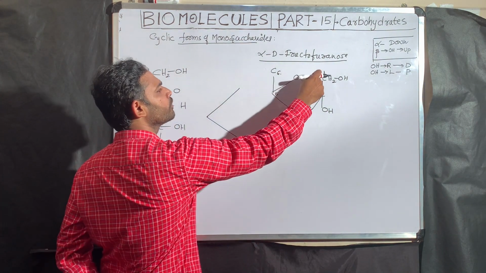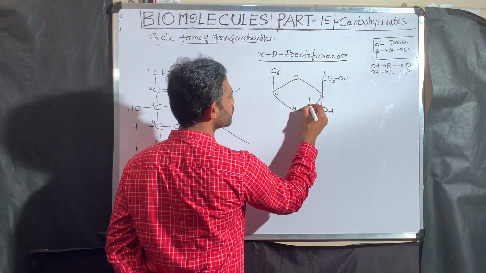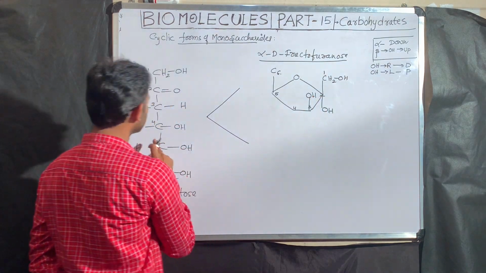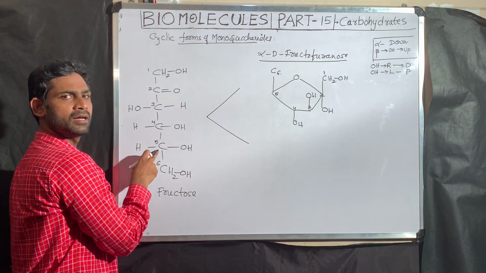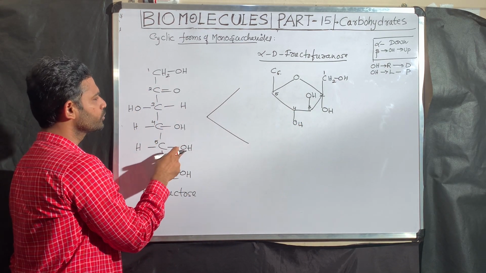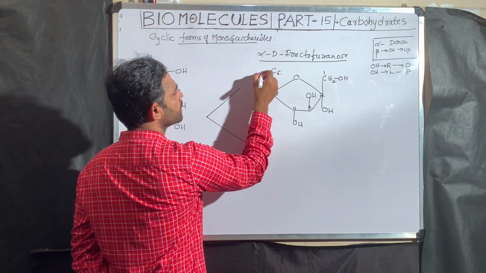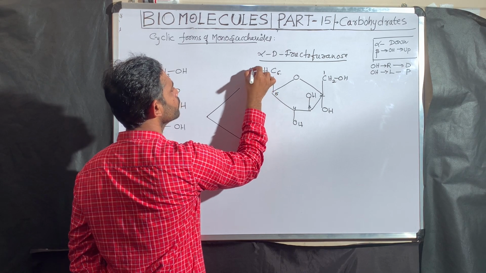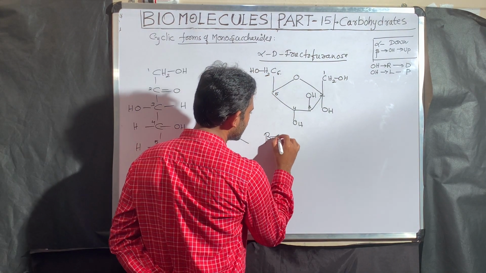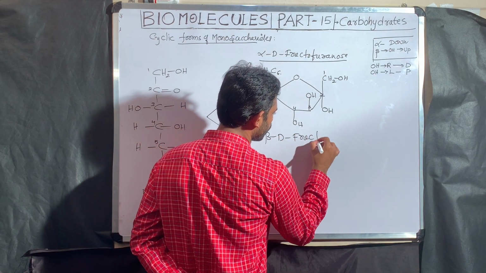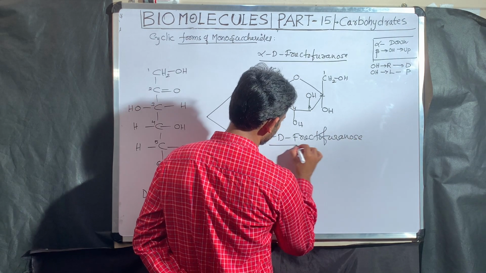So first carbon over, second carbon over. Third carbon OH group is at left side. Left side means what? Up. Fourth carbon is at right, that is at down. Now finally we reach the last asymmetric carbon. The OH group shifted onto the functional carbon, that we wrote on the functional carbon. The last carbon is a CH2OH. Same way I will write. Beta D fructofuranose. Beta D fructofuranose. See, furanose.